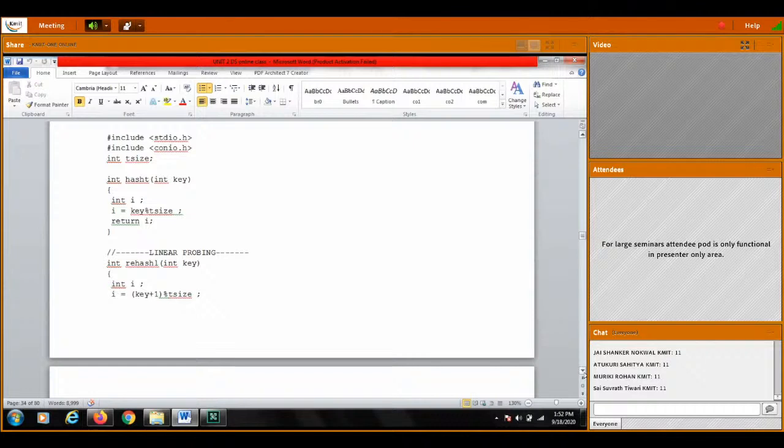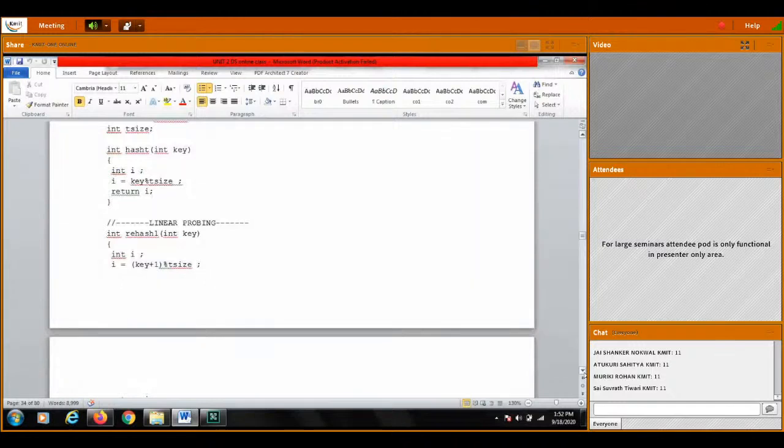And here 2 methods are there: one is calculating the hash index, and another one is rehashing. Hashing is common, and linear probing will come in when empty space is not available, then we will rehash. Rehash L, that is linear probing. So for hashing,